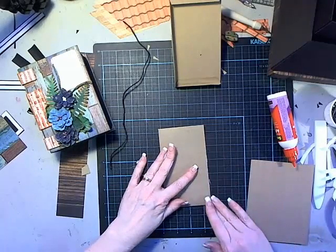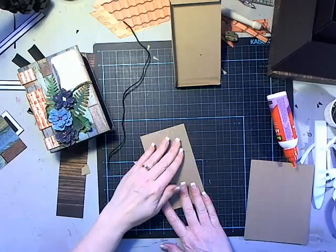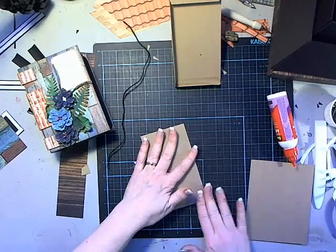Got glue all over myself. I'm not the best at glue. I do better with the tapes, as you can see, as I'm making a big mess all over the place